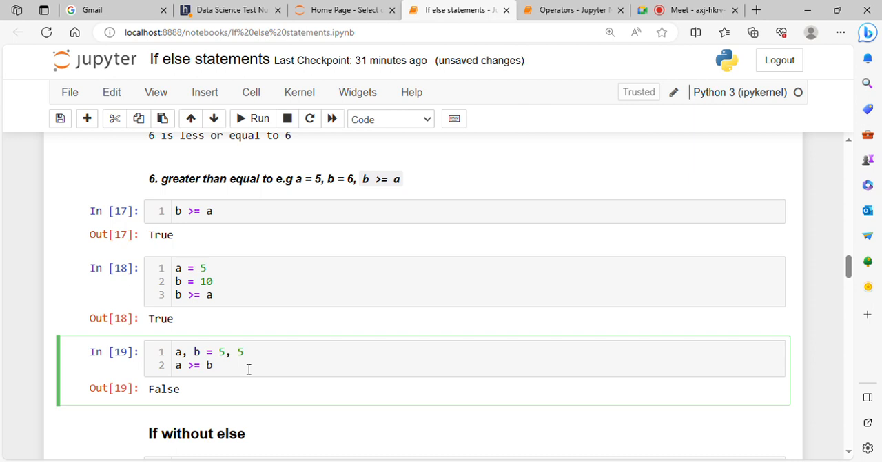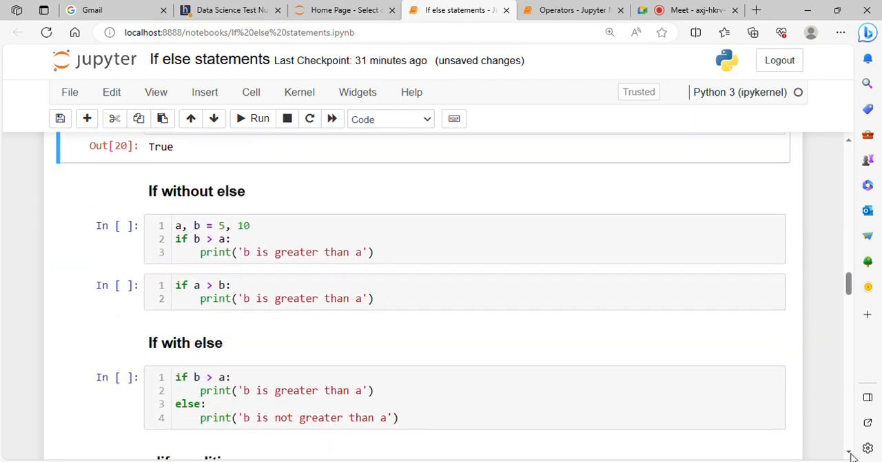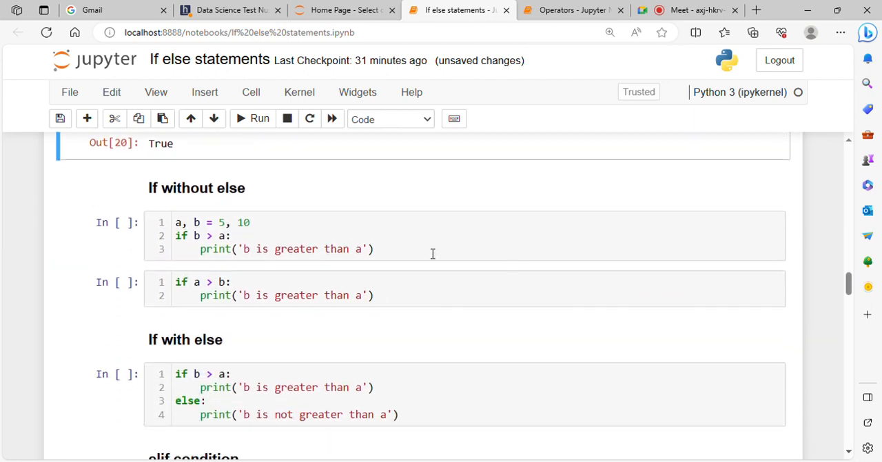Anmol, True. Why true? A is greater than or equal to 5. So both A and B are 5. Because both are 5. So, okay. Now,